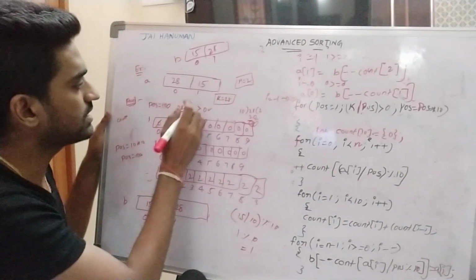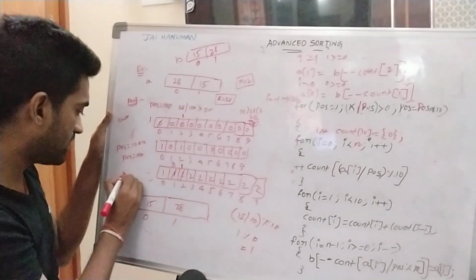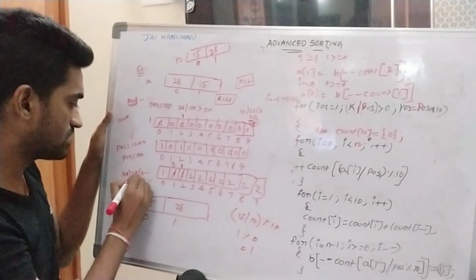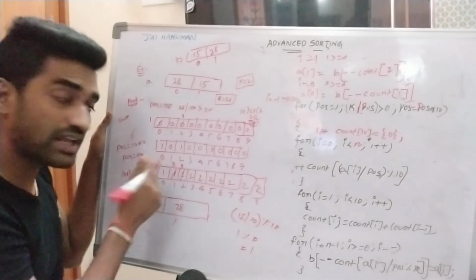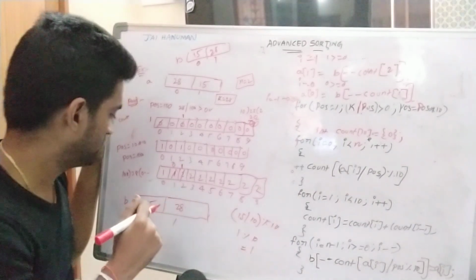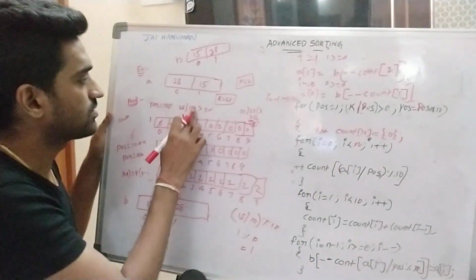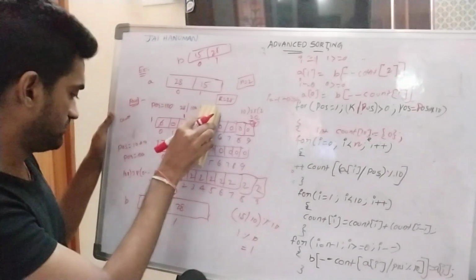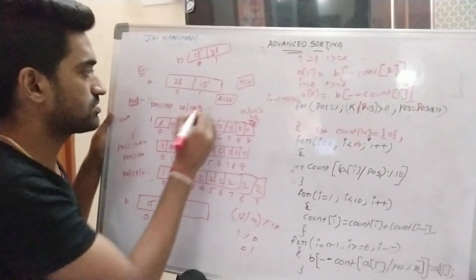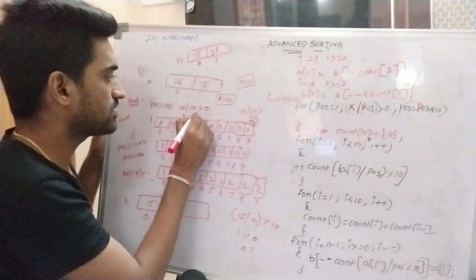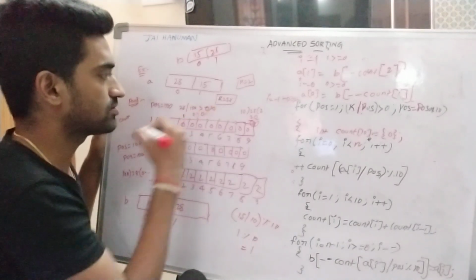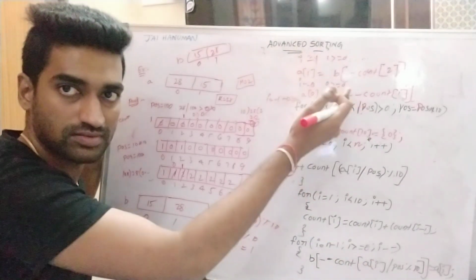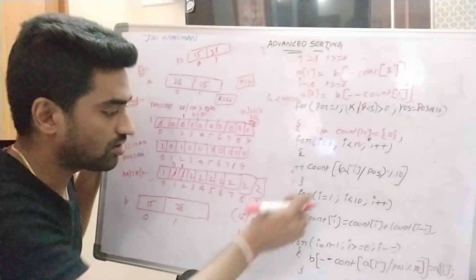That is the k value. So 28 by 100. So 28 by 100 means 0 point something, so here the quotient value is 0. So the condition 28 by 100 greater than 0 is failure. 0 point something is not greater than 0, so this condition is failure. That's why you cannot apply this process, so the control will be passed out of this loop.